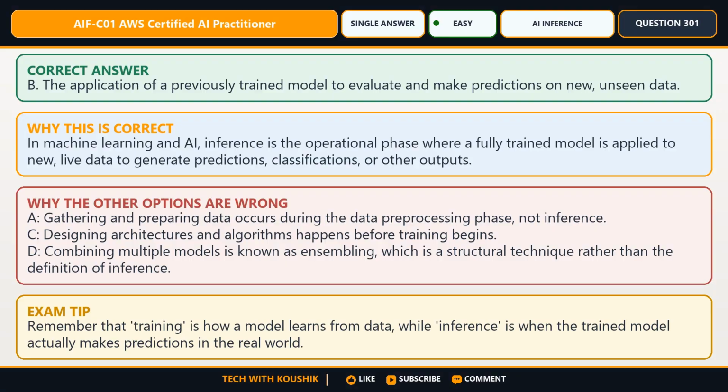The best answer is B. The application of a previously trained model to evaluate and make predictions on new, unseen data. The decisive reason is in machine learning and AI. Inference is the operational phase where a fully trained model is applied to new, live data to generate predictions, classifications, or other outputs. The incorrect choices are plausible, but unsuitable because